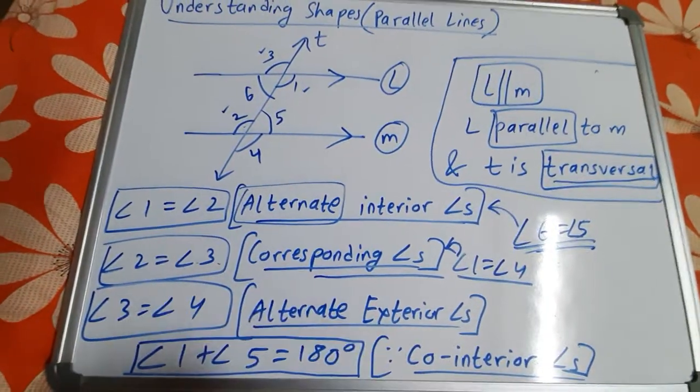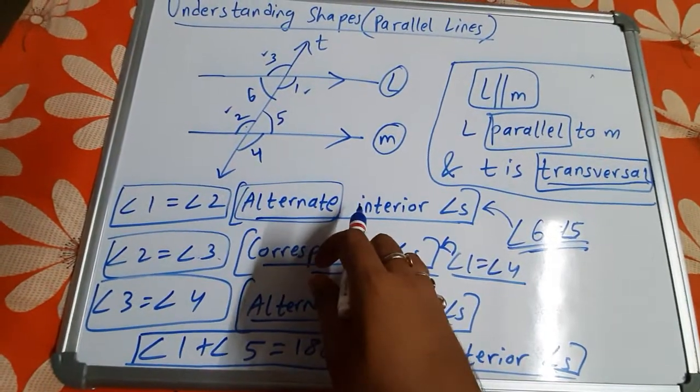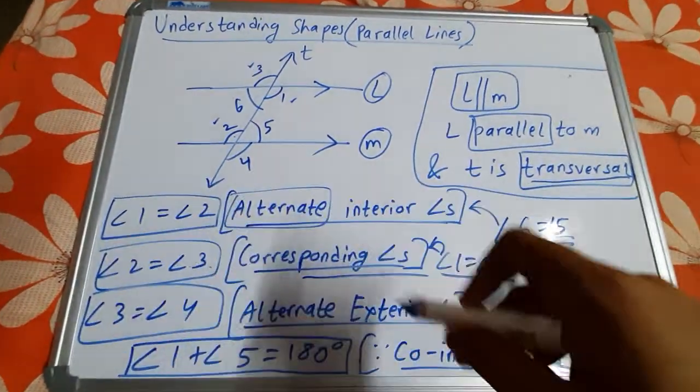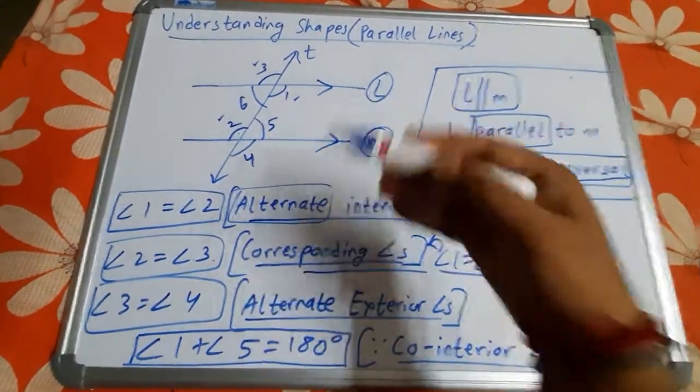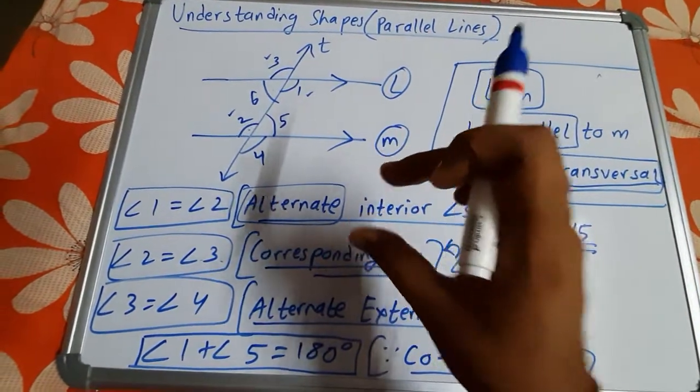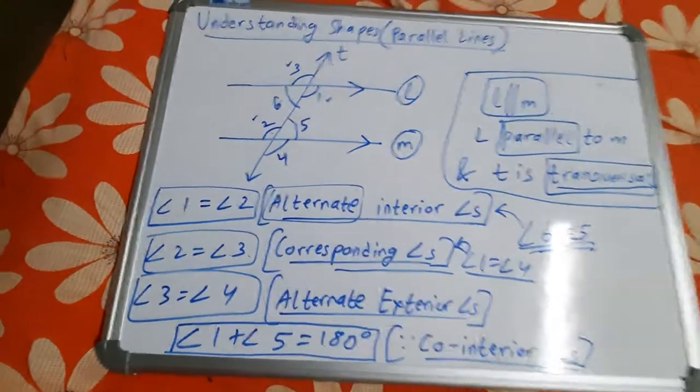Okay, now alternate exterior angles, just like alternate interior angles, alternate means one on the right, another one on the left. Okay, this is the meaning of alternate. But exterior means that they will be outside of the parallel lines. Okay, they will not be in between. Interior means they will be in between, but exterior means they will be on the outside. See,